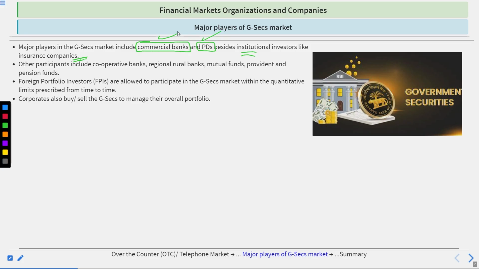For example, we are just taking it as 10%. The 10% CRR from the bank has been kept with the Reserve Bank of India. Now what do they have? They have 90 crores. Out of this 90 crores, again 10% is required to be kept with the bank itself as SLR, statutory liquidity ratio. So 10% of 90 crores is 9 crores. This 9 crores the bank cannot lend out to the people. The bank is required to keep it with itself.